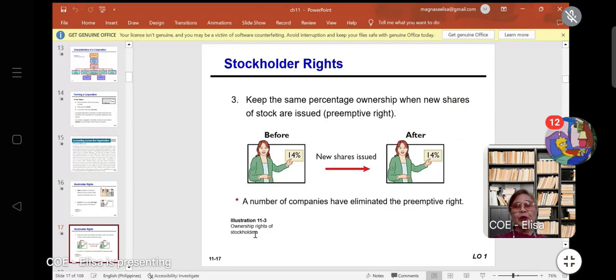For example, say our initial capitalization is 1 million, and there are 5 of you, so it is divided by 5. Each one of you has 20% ownership of the business. So that is at 1 million. Now, assuming you want to increase the capitalization from 1 million to 2 million, you need to